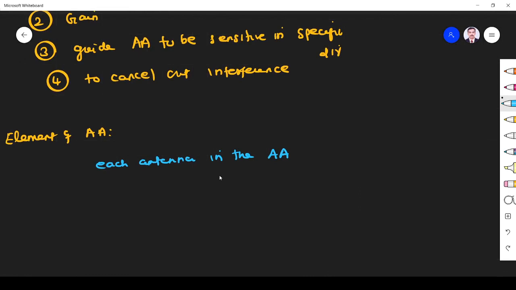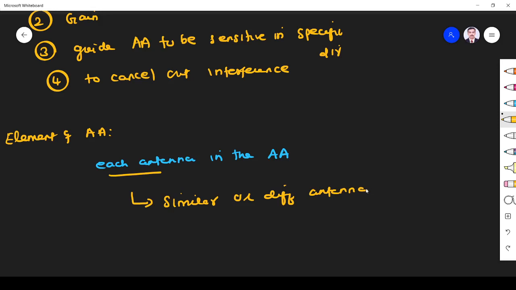And the next thing we should know: in an antenna array we combine two or more antennas. Must they be similar antennas or different antennas? Each element may be similar. For example, let us assume it is a 100 element array.